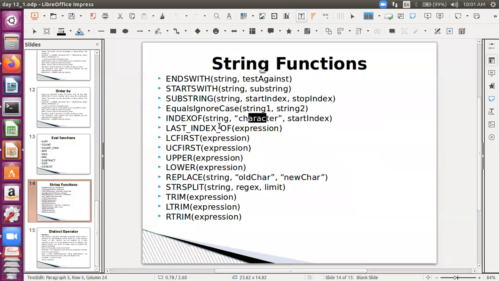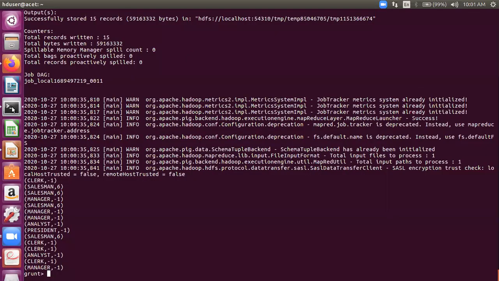Next is last index of. It searches for the last index of the given character. It will also have three arguments.